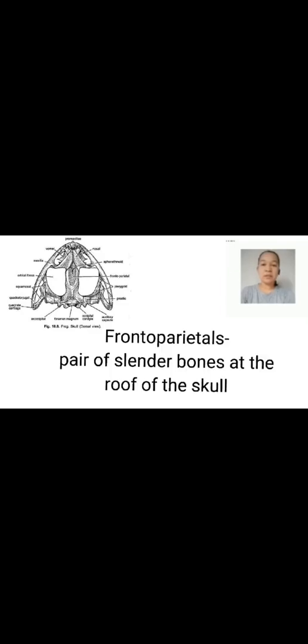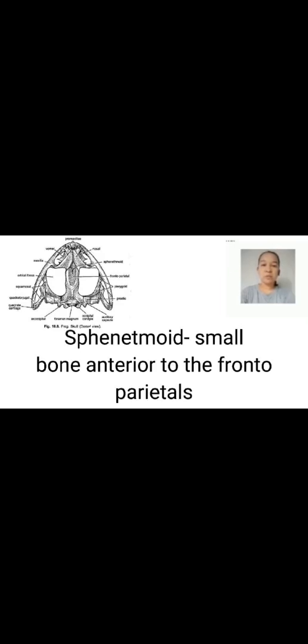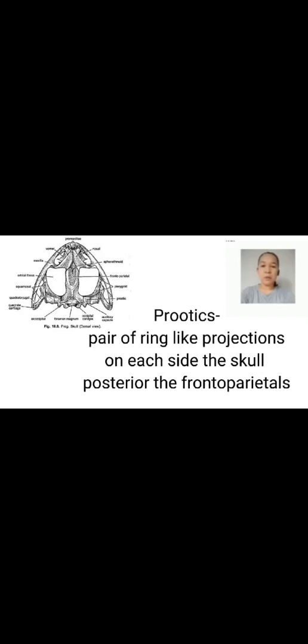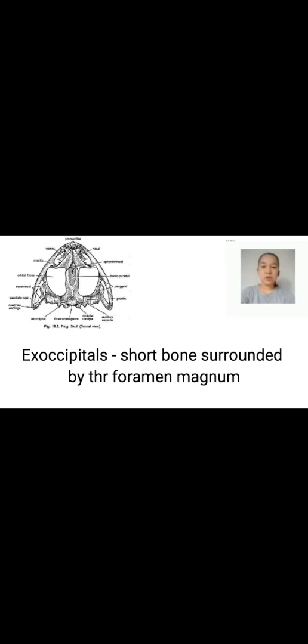The frontoparietals are the pair of slender bones at the roof of the skull. Sphenoid is the small bone anterior to the frontoparietals. Nasal is the pair of triangular bones anterior to the sphenoid. Prootic is the pair of ring-like projections on each side of the skull, posterior to the frontoparietals. Squamosal is the pair of T-shaped bones lateral to the prootic, and the exoccipitals are the short bones surrounded